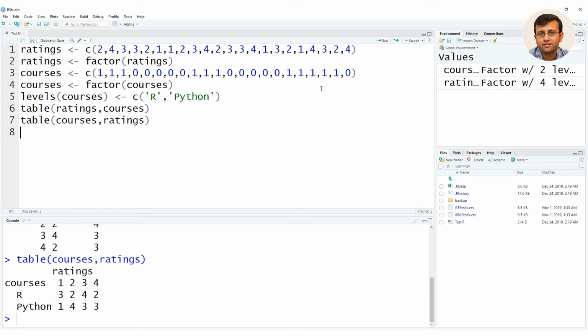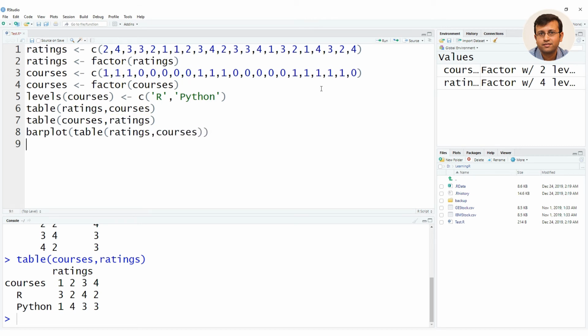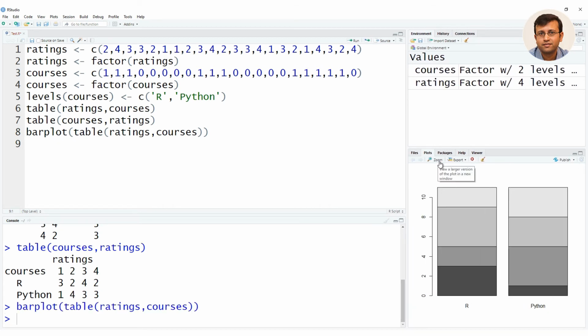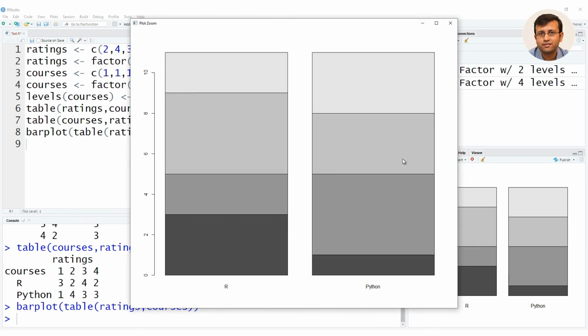We will now use the barplot function to visualize the bivariate qualitative data. For the barplot function, the argument we will use is the table function, and for the table function, we will pass ratings and courses as the arguments. When we execute this statement, we get the bar plot where the x-axis represents the courses and the y-axis represents the count